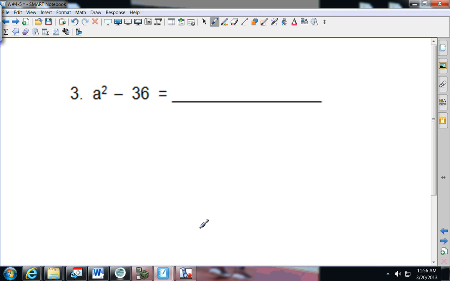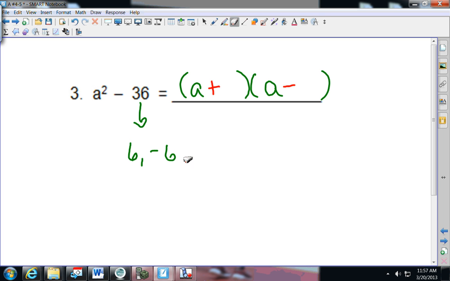Number 3. Okay, difference of squares. There's a minus sign in between it. Okay, so that's good. There's no middle term. So what I'm going to do is I'm going to split this up. A squared splits up as a and a. Because it's a difference of squares, one is positive, one is negative. Now, I've got to split 36 up evenly. What number times itself? I've got 6 and negative 6. Well, 6 and 6, either way, it doesn't matter. With 6 and 6,